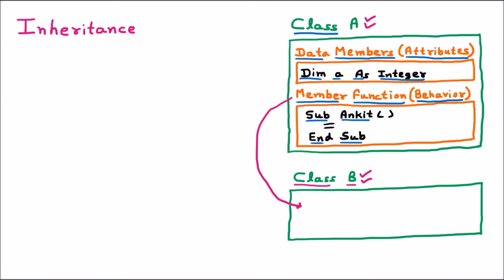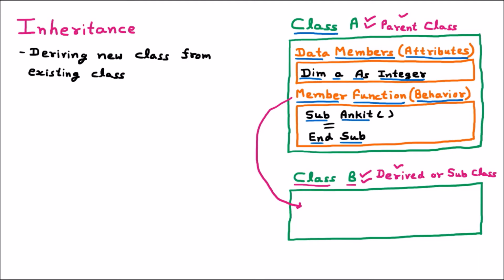Now the class which exists is called the parent class. And the class in which we are going to access the code is called the subclass or the derived class. So here we can create the definition that deriving a new class out of the existing parent class is called inheritance. Here different names are provided. The derived class is known as the subclass and the parent class is known as the base class.